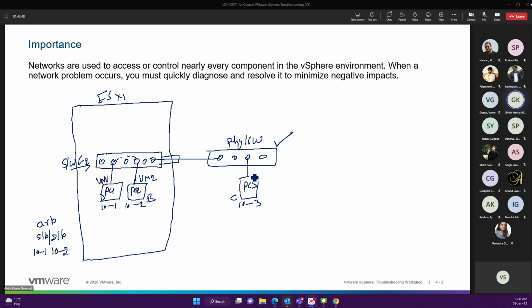But don't forget, if it manages only the PC3 MAC address, and any traffic wants to go to MAC A or MAC B, how can this physical switch forward the traffic to MAC A and MAC B? So this physical switch needs to maintain all the MAC addresses in its MAC table: A, B, C. A, B, C. Plus, don't forget,